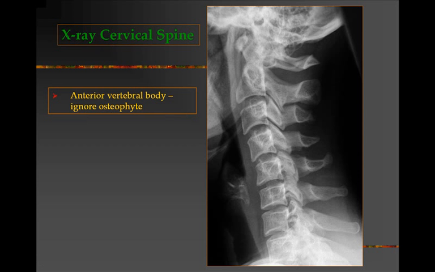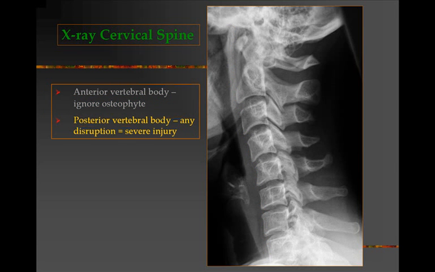When we talk about a lateral view of the cervical spine, there are several imaginary lines that are drawn which give us an indication of the clinical condition or stability of the spine. The first line goes through the anterior parts of the vertebral body. The second line goes through the posterior part of the vertebral body, and any disruption here is indicative of severe